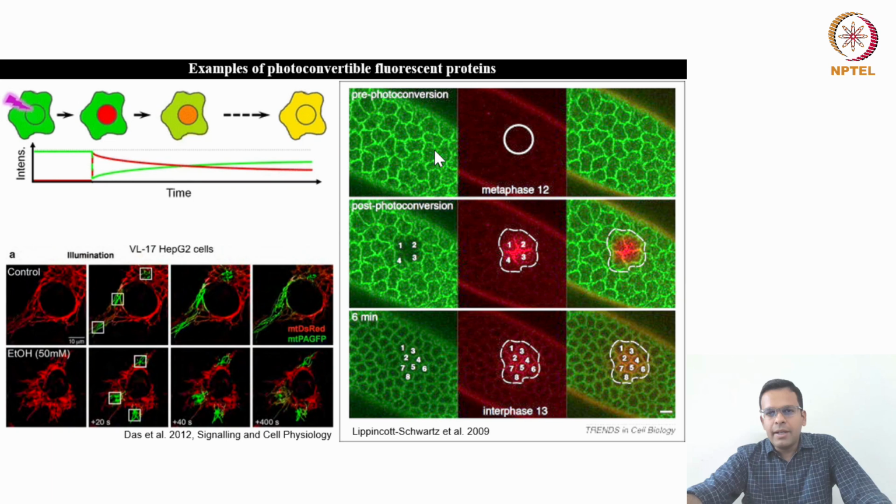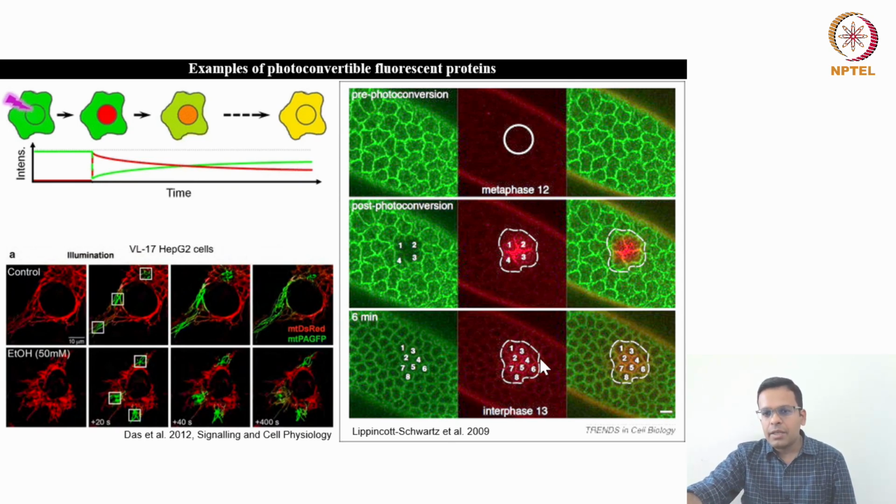Here another example is there. So this is pre-photoconversion. You can see the structure is in green color, but then they make a small region of interest to illuminate it with the blue light. So they converted this area into red. So you can see that now the green fluorescence is absent from this area and the red fluorescence turned on, because the fluorescent protein molecules were converted into red color.